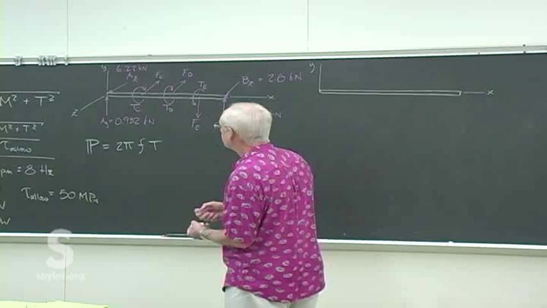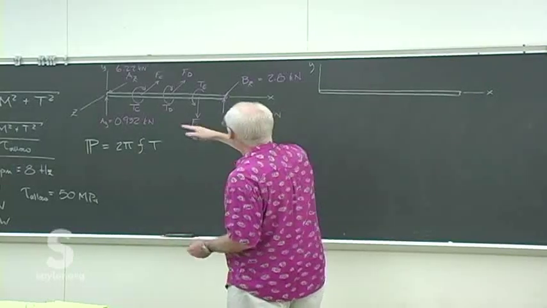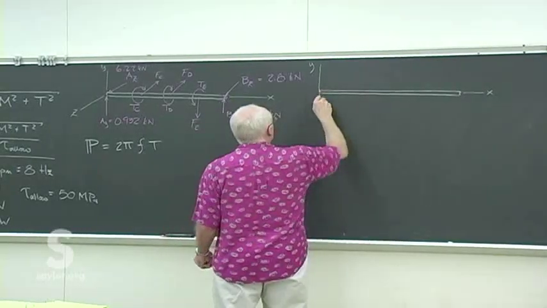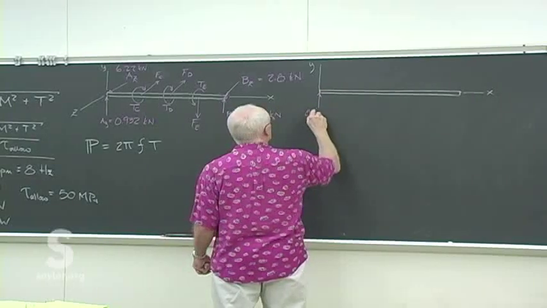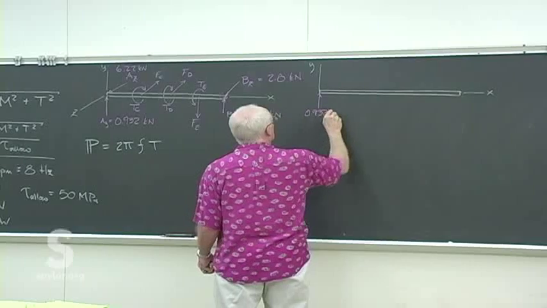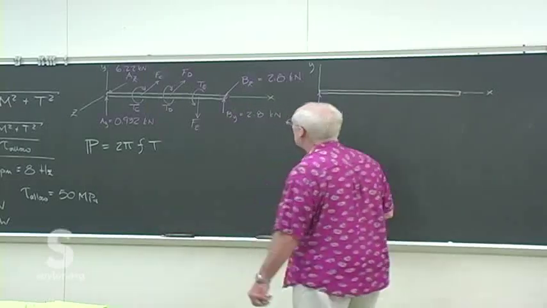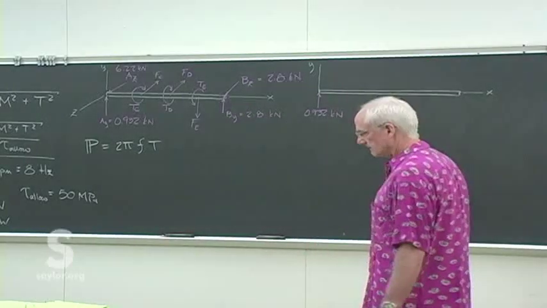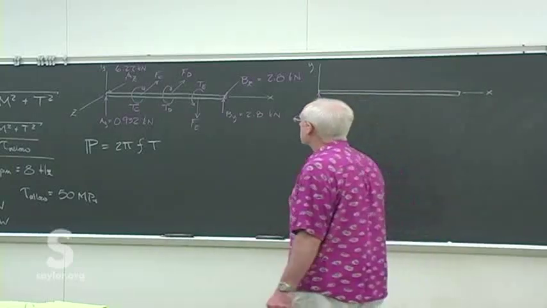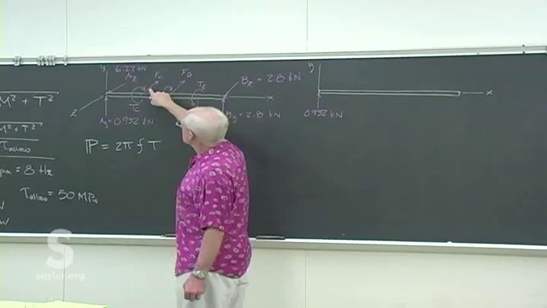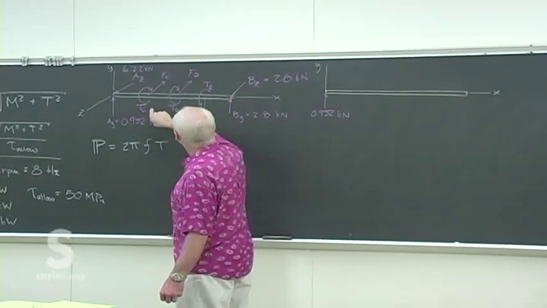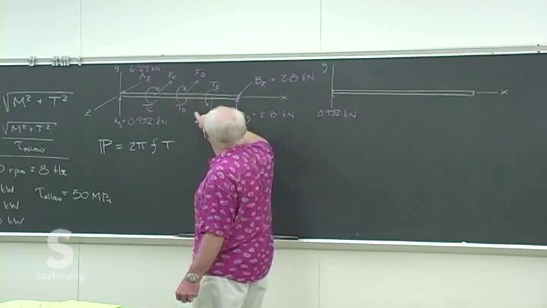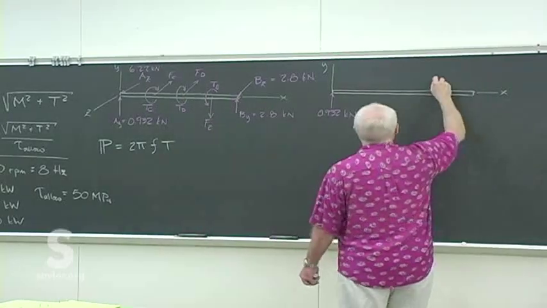Let's see. In the y direction, we've got this 0.932 at the reaction. The force at C we don't see because it's a z force and we're looking down the z-axis. Same with D, so we're going to see the one at E,